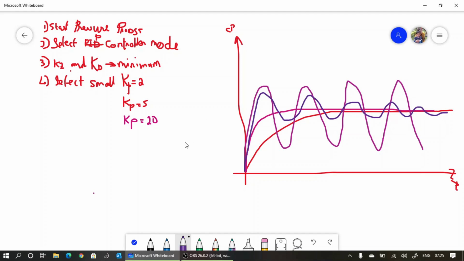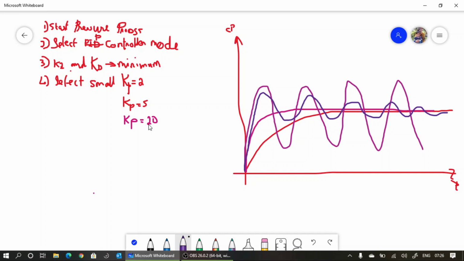Okay. Again we are increasing Kp. So at a particular point you can see that the sustained oscillation occurs. Maybe that is Kp equal to 15, maybe Kp equal to 16, maybe Kp equal to 20 is the first point where the oscillation is started. Anyway, we don't know at what point the oscillation is started if you are increasing Kp from 5 to 20. So definitely at Kp equal to 5 there is no sustained oscillation. At Kp equal to 20 there is a sustained oscillation.